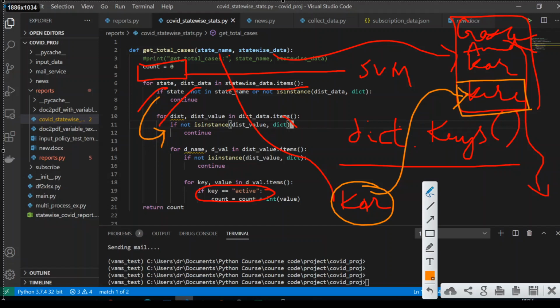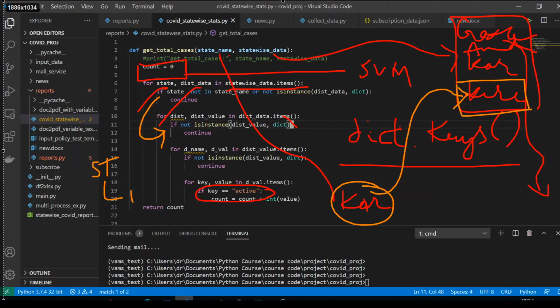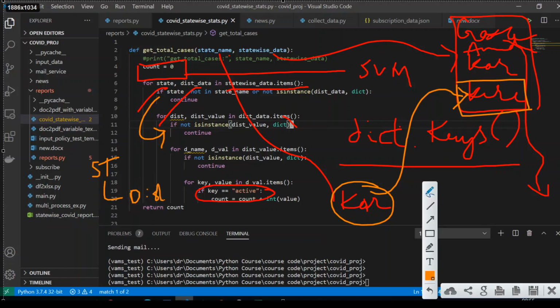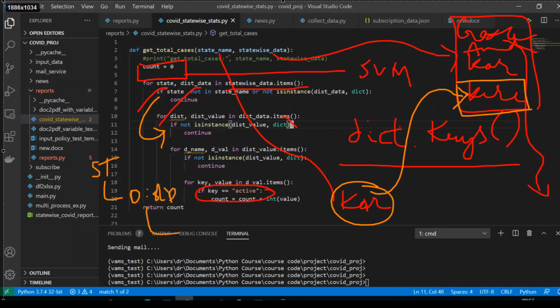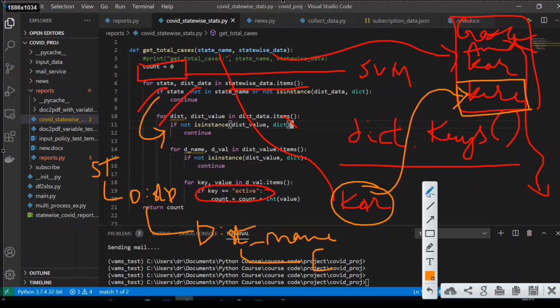There is state, and there is district data as a key, and then here we have the actual district name, and then here we have various active cases and things like that. So that is the tree. Already we have seen that.